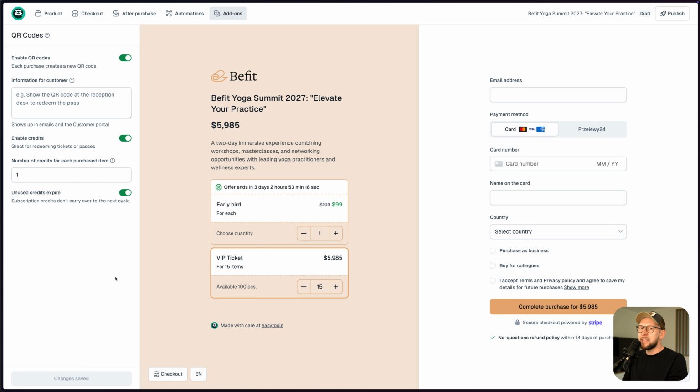So let's go ahead and save it. Let's publish this product, and this is basically how you can easily configure and sell those events. Now, I'd really like to show you how it works, and I could share the link to a price of 0 to test it out, but I can also show you one more feature that we have,